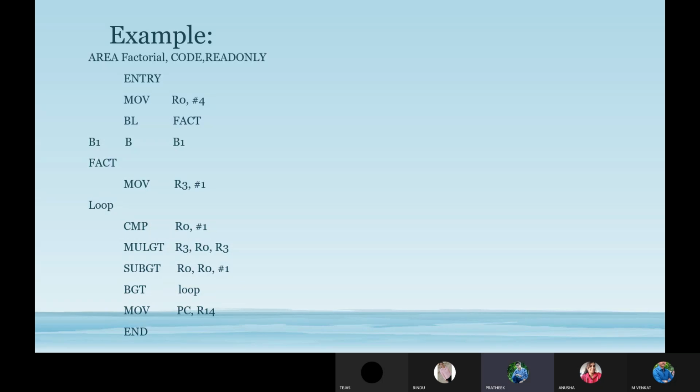In the next line, BGT loop. BGT is branch if greater than. We know that 4 is greater than 1. Here it branches to the loop. Now the value is changed: R0 value is 3 and the previous value of R3 is 4.